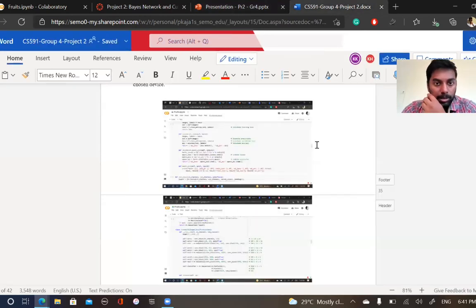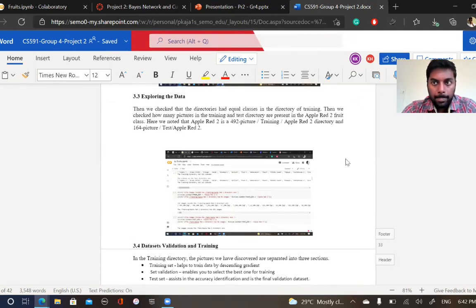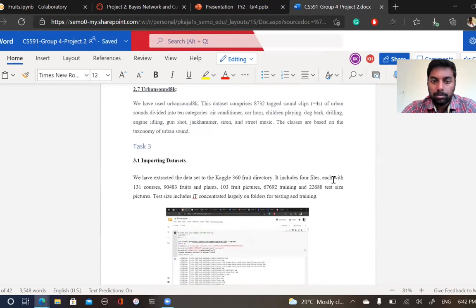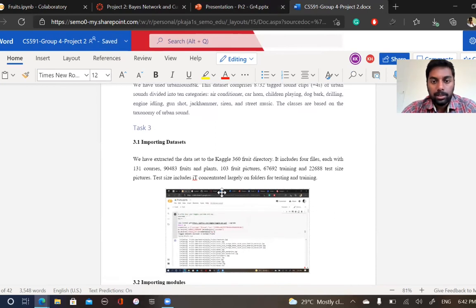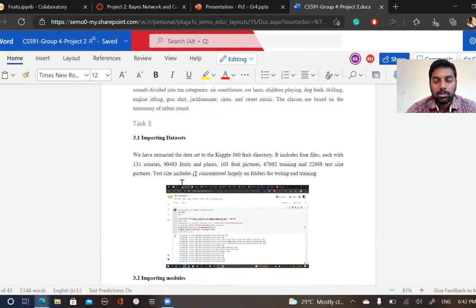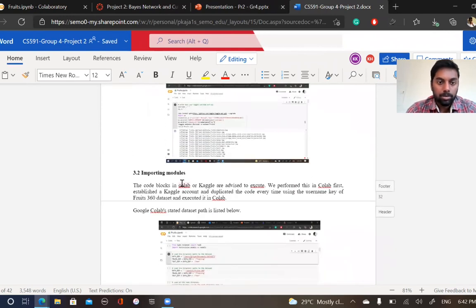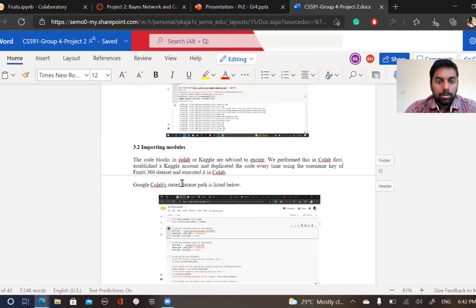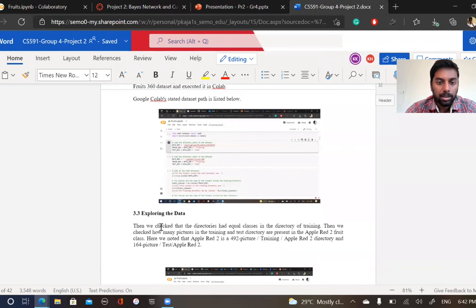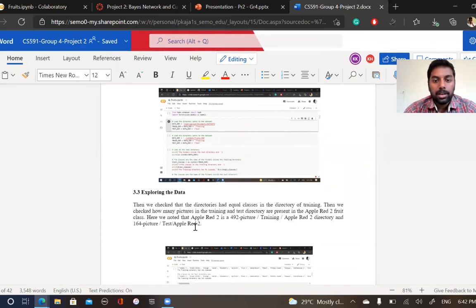So I want to show my report here. First of all, as I said, from the Kaggle Fruits 360 directory, we took data sets, which include this number of files, classes, fruits and plants, and training sizes. A data set is a collection of data, and here we get a huge amount. We imported these modules with Colab or Kaggle; we use Colab. After that, exploring data. After getting the data, we checked that the directory and the training directory have an equal number of classes,